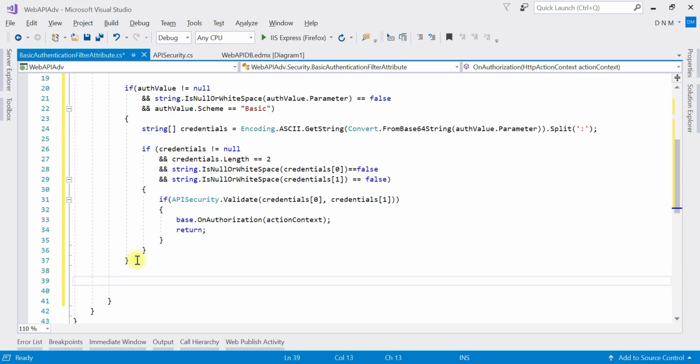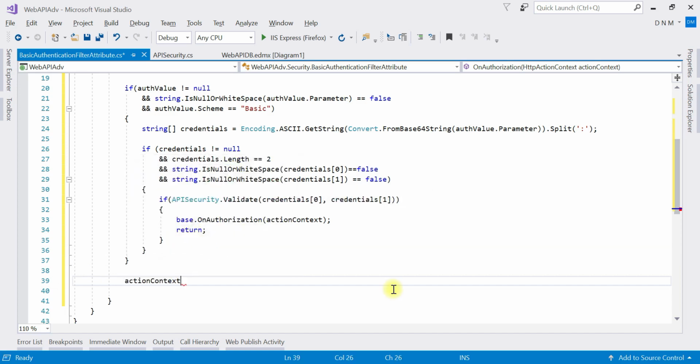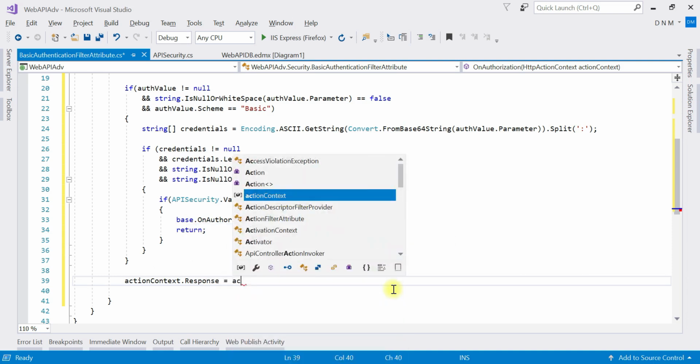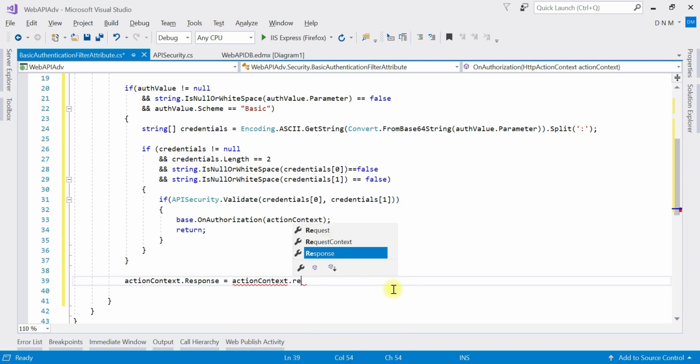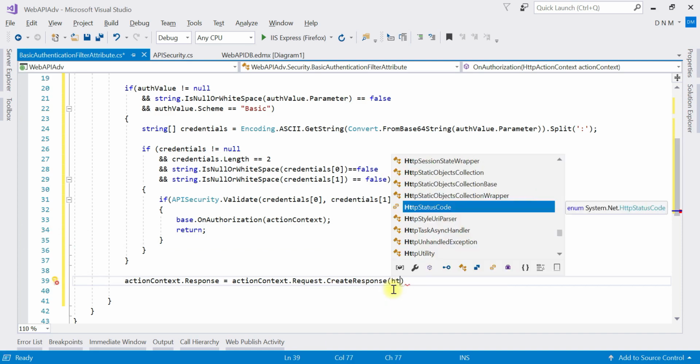In that case we want to send a forbidden response to our client, and for that we have to say actionContext dot Response is equal to actionContext dot Request dot CreateResponse, and to this response I am going to say forbidden, HttpStatusCode dot Forbidden,